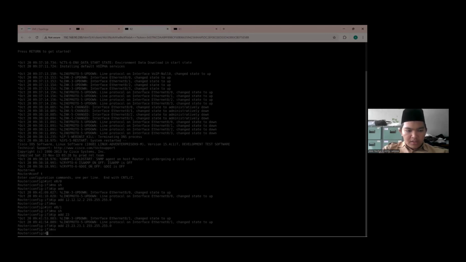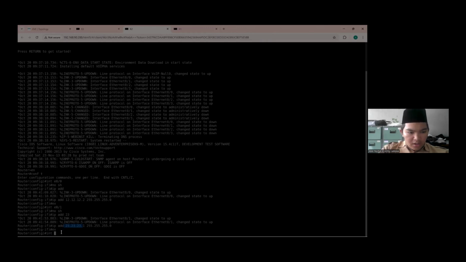This is the subnet mask, and then I'm going to create the loopback interface that becomes the identity of the router. When we test ping, we're going to ping this interface, which is like pinging the router, because if we ping the IP address on the physical interface, it's like pinging the bridge that connects to the other router.